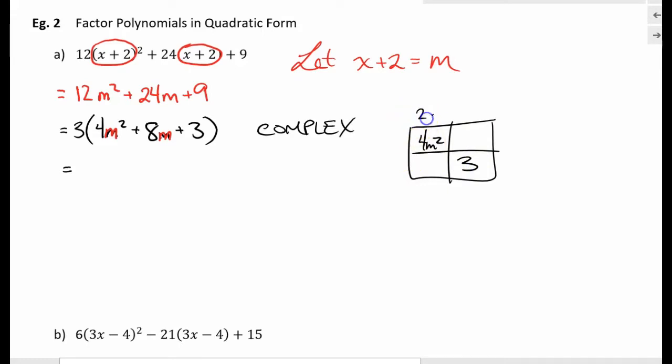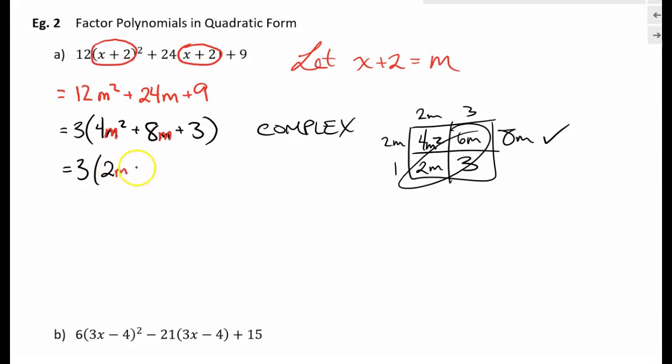So it could be 2m and 2m and 3 and 1 maybe. Let's try that out. This would be 6m plus 2m. Well, that gives me 8m, so that works out lovely. So those are my two factors: 2m plus 3 and 2m plus 1. But I'm not done here